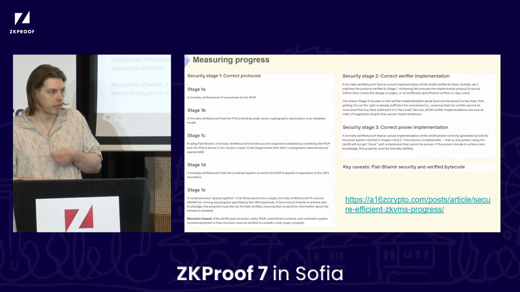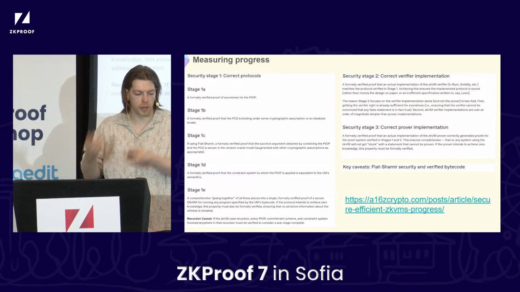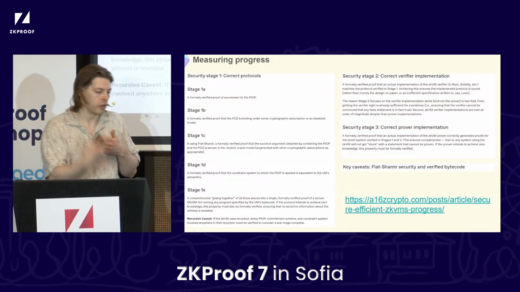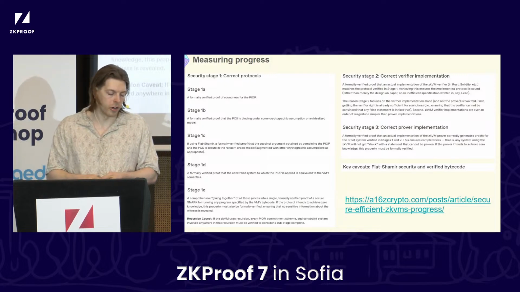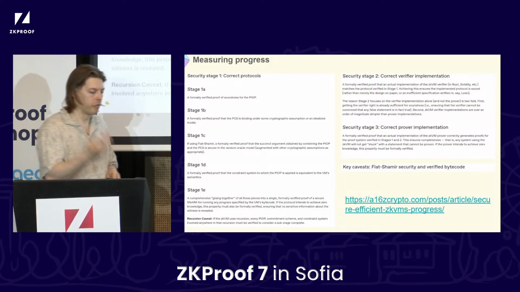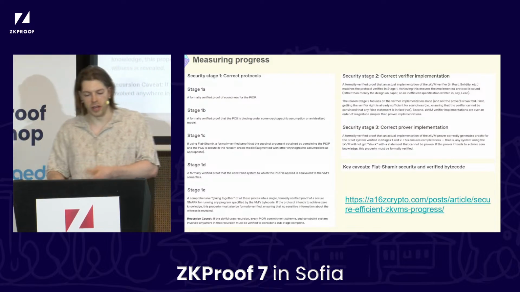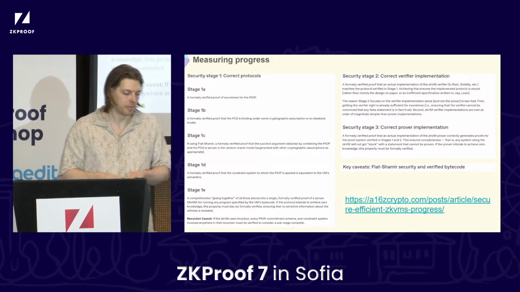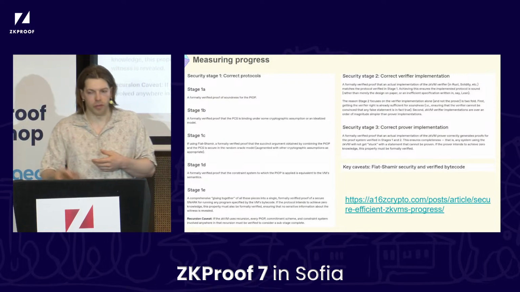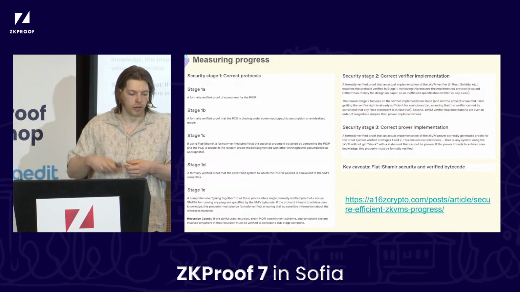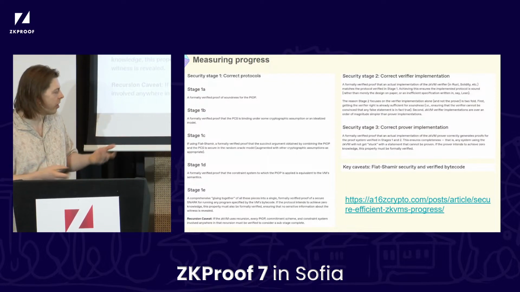Now, in terms of measuring progress, Justin Thaler wrote a blog recently where he came up with these stages. Stage 1A is formally verifying the soundness for the underlying PIOP in the proof system, formally verifying the polynomial commitment scheme, dealing with Fiat-Shamir, you've heard a lot about Fiat-Shamir if you're here on day one. And then obviously bundling everything together, and also verifying the implementations for the prover and the verifier, which we're very much on board with.